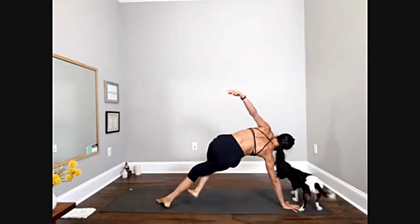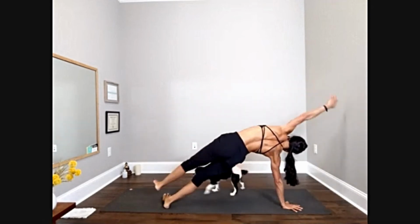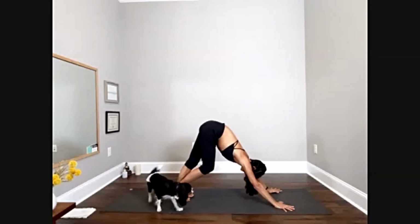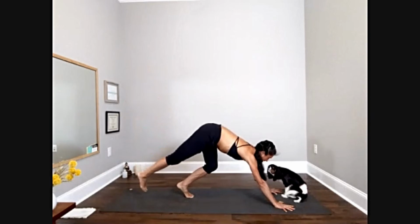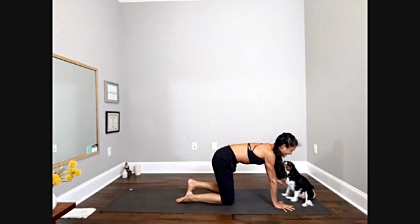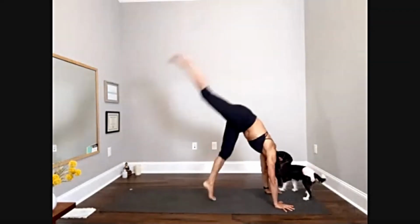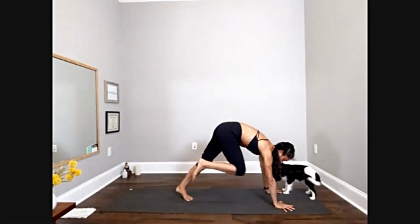Side plank, maybe left leg across. Dip your hip. Sweep the arm. Uncross the leg. Downward facing dog. Take your right leg up. Hop and switch for 10, 9, 8, 7, 6, 5, 4, 3, 2, land on the left leg, scissor-legged plank,